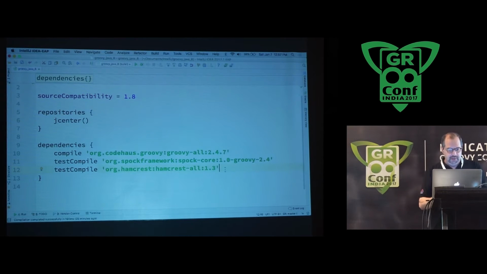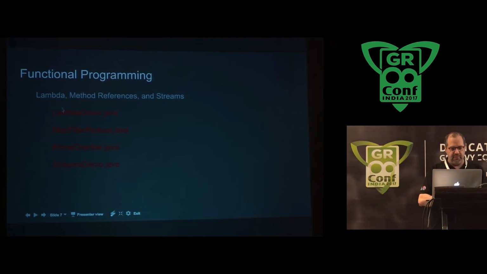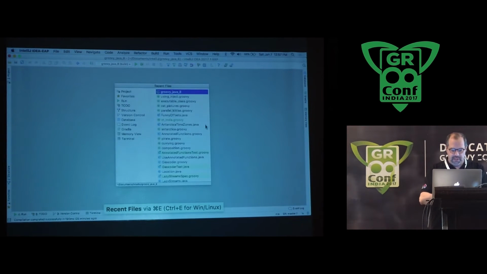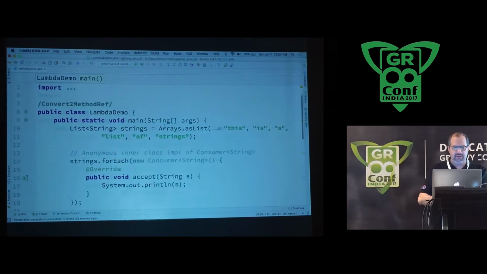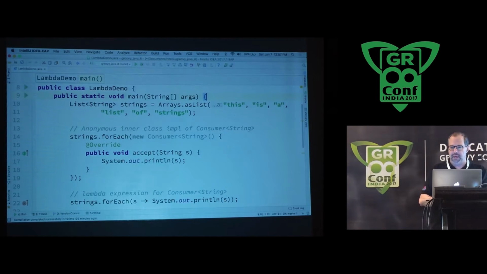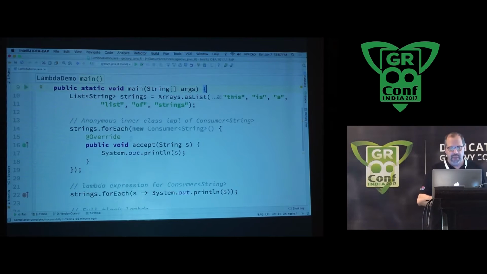Groovy and Java. Now, the one I mentioned over here in the slides is this Lambda demo. So if I bring that up, here is an example in Java 8 of doing Lambda. So I just have a main method, and I created a list of strings. And if I want to print them out, then one of the things that's been added to Java 8 is a forEach method. It's a default method now on Iterable, actually, and Collection implements Iterable, and therefore I can do this on any collection, and that takes as an argument a reference of type Consumer, one of the new